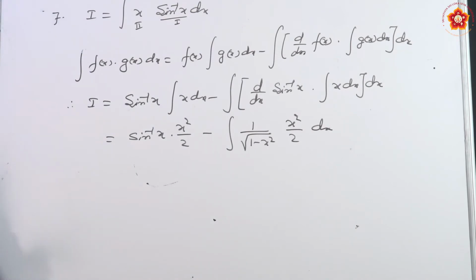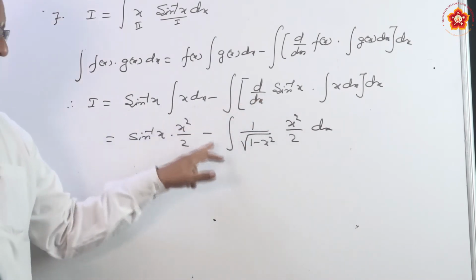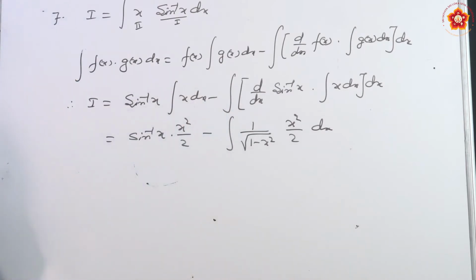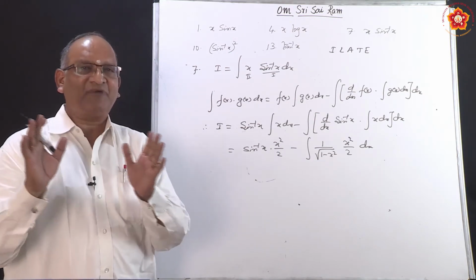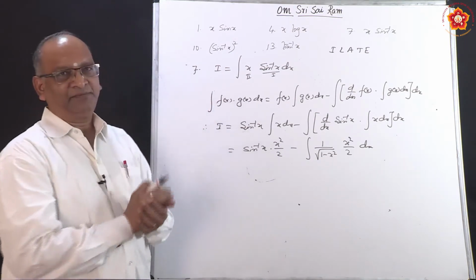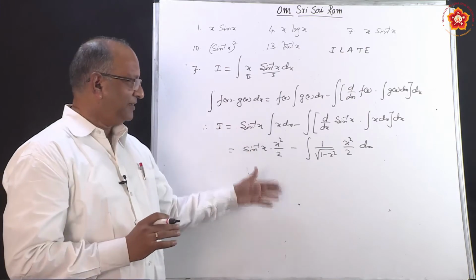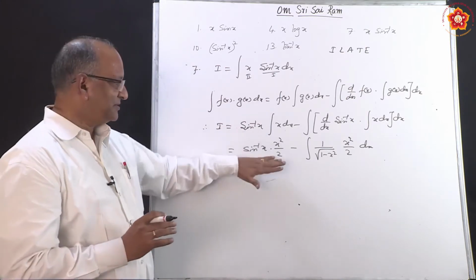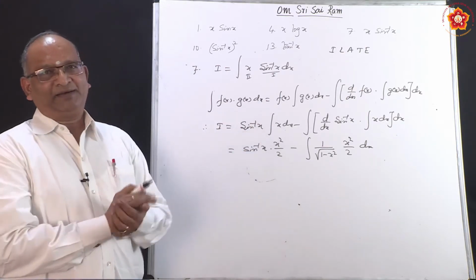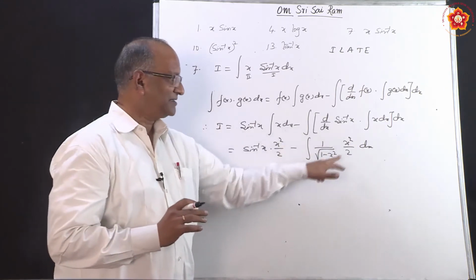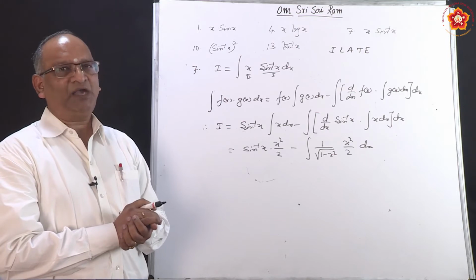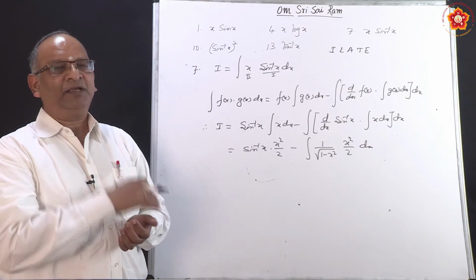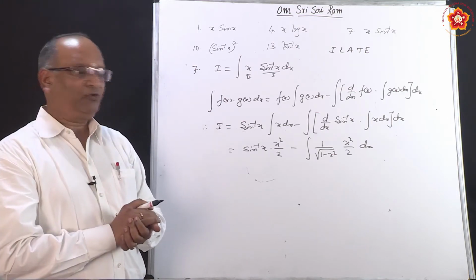Now the task is how to find integral of this. That in itself is a problem. In fact, you can take it independently, find it and substitute it, instead of writing all the time this particular thing, because this is already done. Only that particular part is left. So, how do we do it? In fact, we have solved some problems of that nature in the previous exercises. How do we do it?